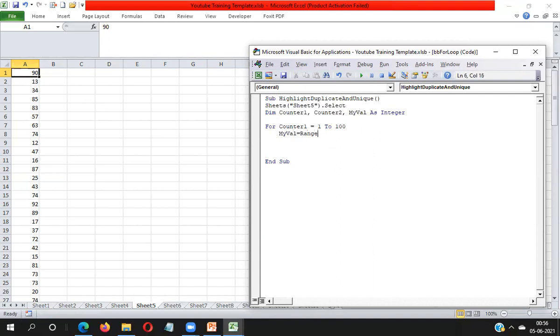So I'm going to store Range("A" concatenate counter1). The first value will get stored, and the same value will be checked in the same range. Okay, 90 will be stored in myVal the first time, and 90 will be checked in the entire data range.